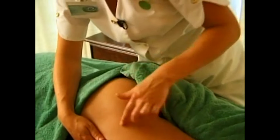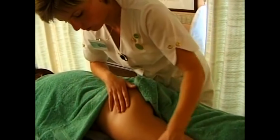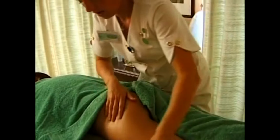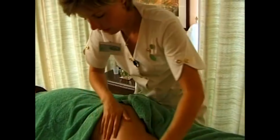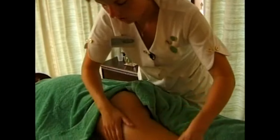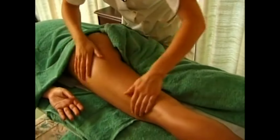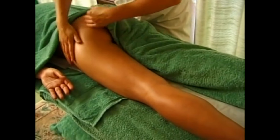As you can see, the area's just slightly rosy all the way up the thigh to the buttock, which is a good sign. That's wonderful. That's what any therapist is after, and it means the circulation's coming to the area with oxygen and nutrients, helping to heal the area, get the circulation back in again. Okay,